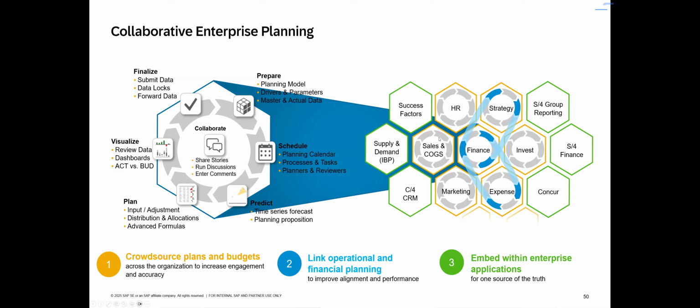Planning is more of a collaborative effort. So SAC provides many options and utilities to make the entire planning process run smoothly. For example, if you have an automobile company and you want to plan for your future car sales, then your strategy department, your finance department, your expense department, all have to come in to collaborate with each other to make that happen. So this is collaborative enterprise planning, and there are major steps in it where you have to prepare